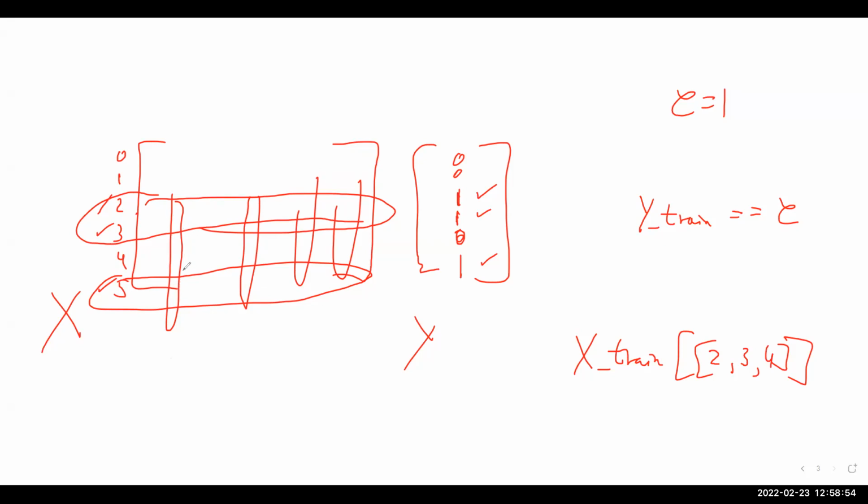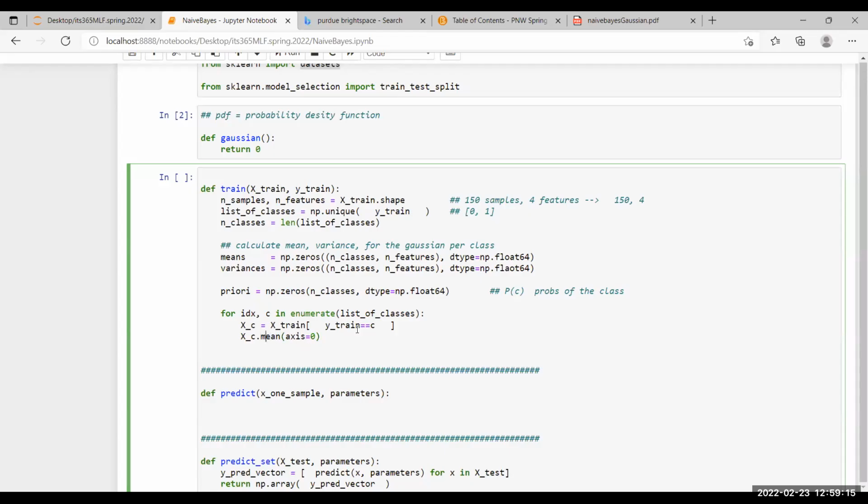Do you guys understand this part, guys? Making sense? So we're going to do 2, 3, and 5 along this axis here. So we need to say axis 0, whereas this would be axis 1. All right, so now I'm going to go ahead. And that's why this XC mean is axis 0, basically. Okay. All right, and so I have that mean, and then that mean now can be assigned into my means array over there. So I'm going to say means